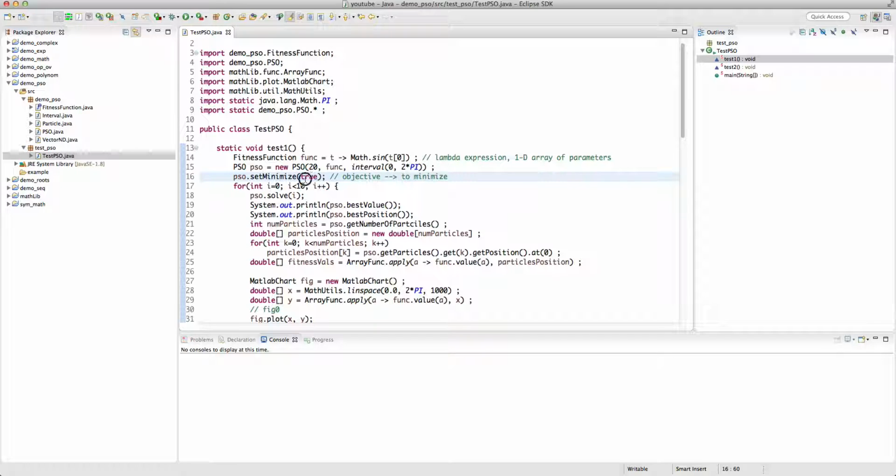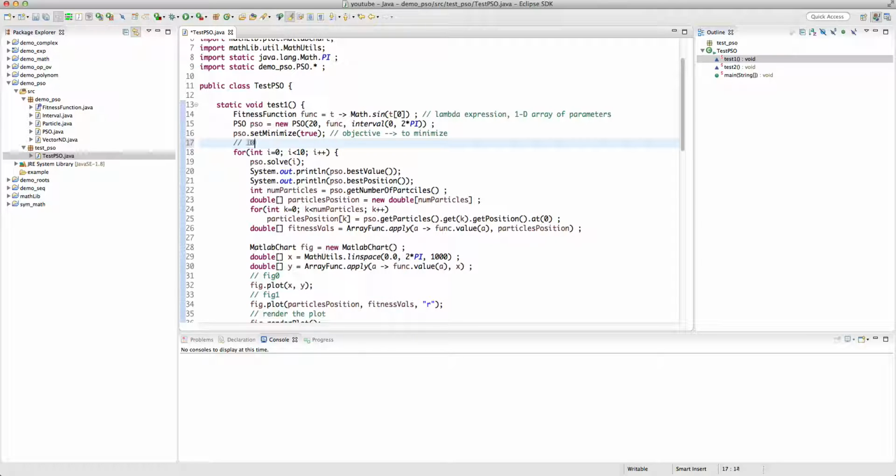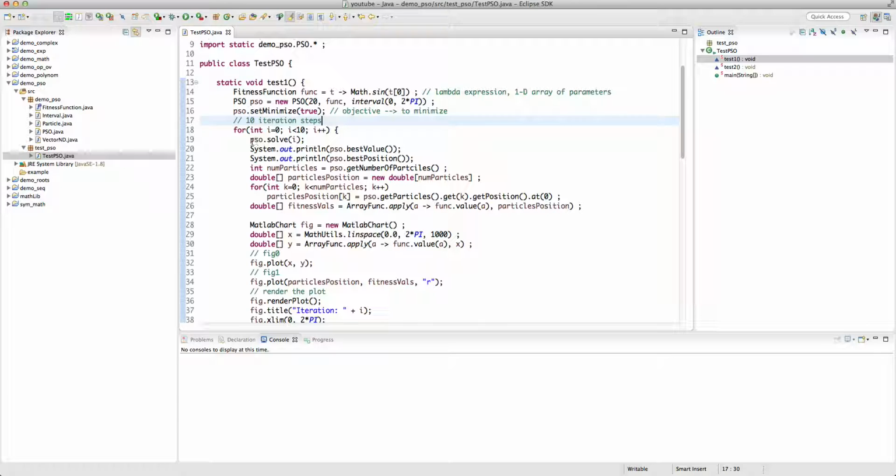If we set it to false, the objective is then to maximize. All right, and I'm going to have 10 iteration steps. So here, doing iterations, 10 iteration steps. And the reason that I'm putting this in a for loop is because I want to solve the PSO for a given number of iterations I, which goes from 0 to 10. So I want to solve first for the 0 iteration, and then plot it, and then save it,